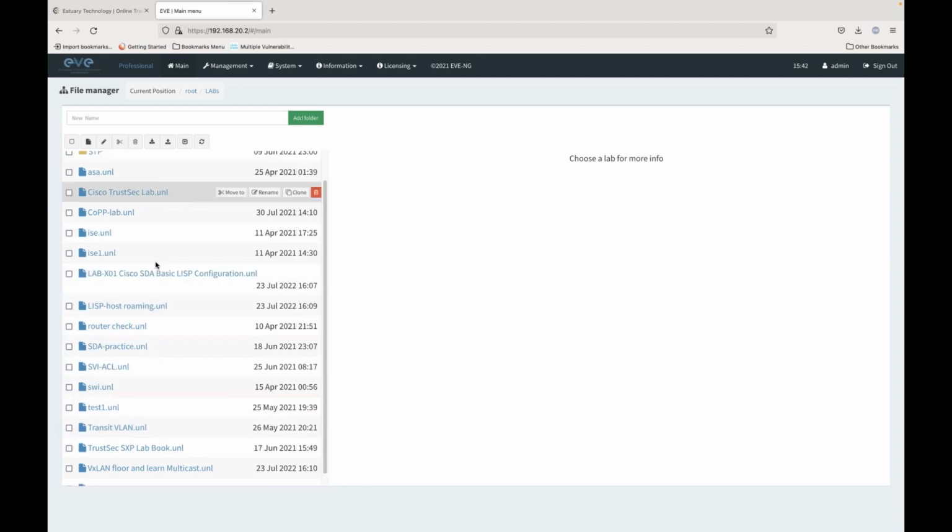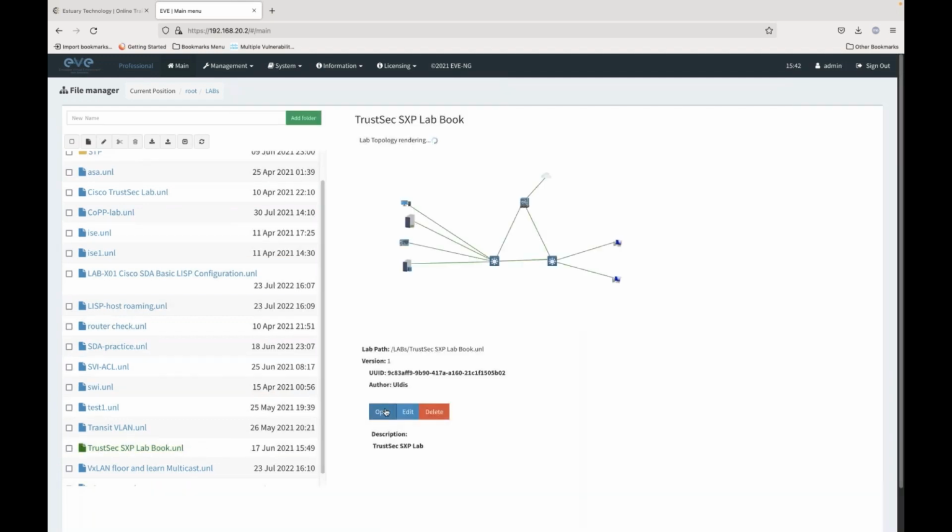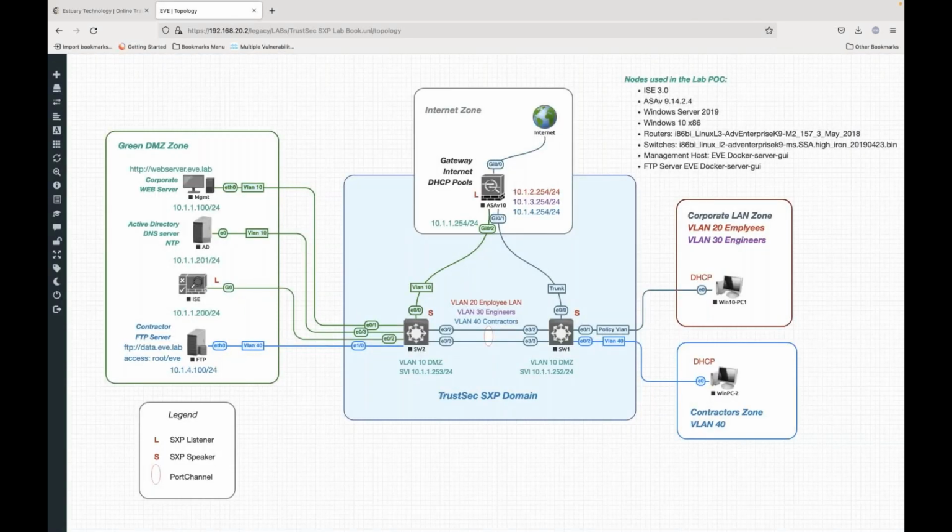So these are the labs in my simulation. If you see TrustSec now, I have not covered TrustSec in the webinar, but other than LISP and VXLAN, you have a very important layer, which is the security layer, where you will have ISE, Identity Services Engine, integrated with the SD-Access network, and you can push security configuration like security group tags.